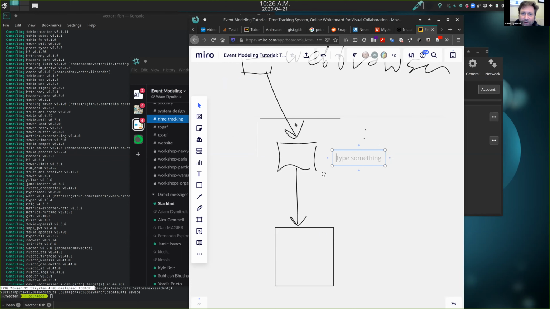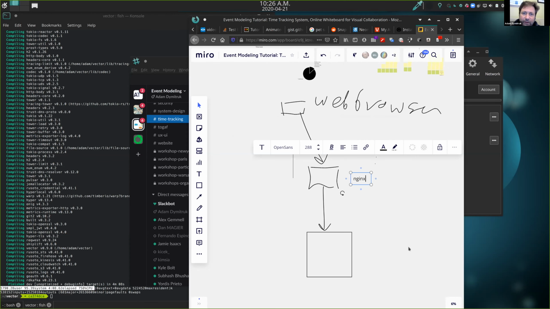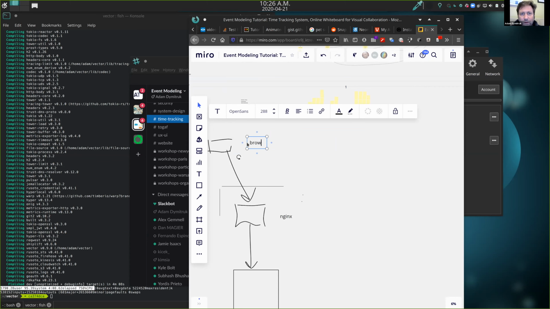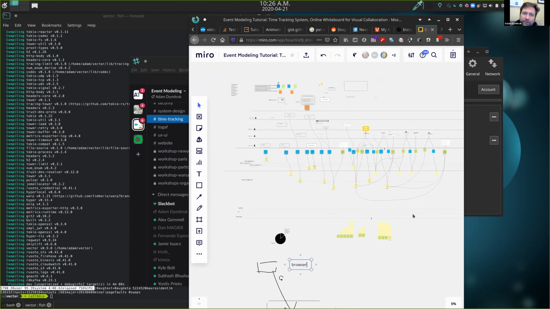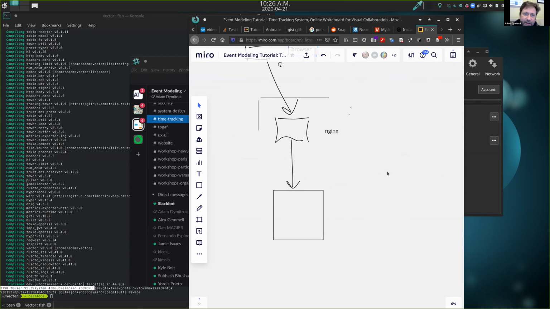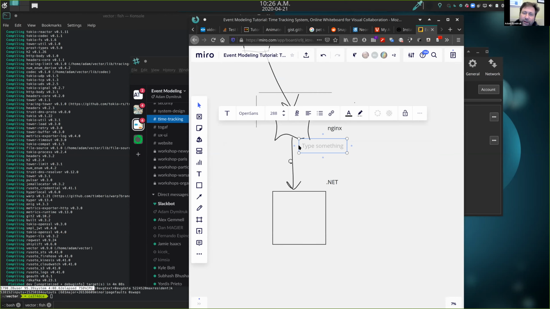Nginx. Right, and this is the browser for some client. You can imagine it's one of these screens up here and one of these actors looking at it for now. So it goes to Nginx, and we have the .NET stack here. And here, this arrow actually represents